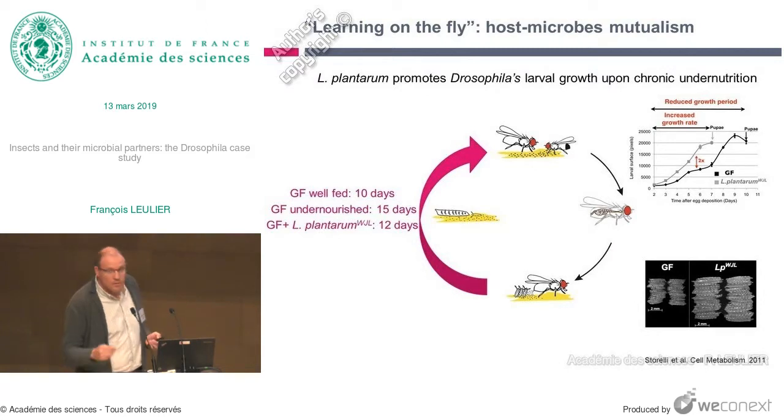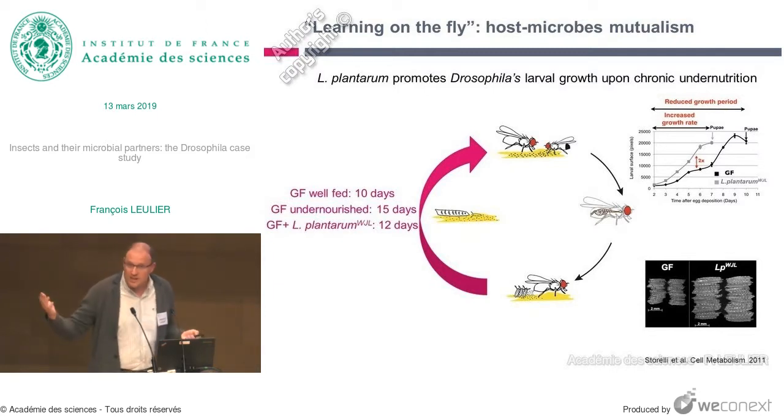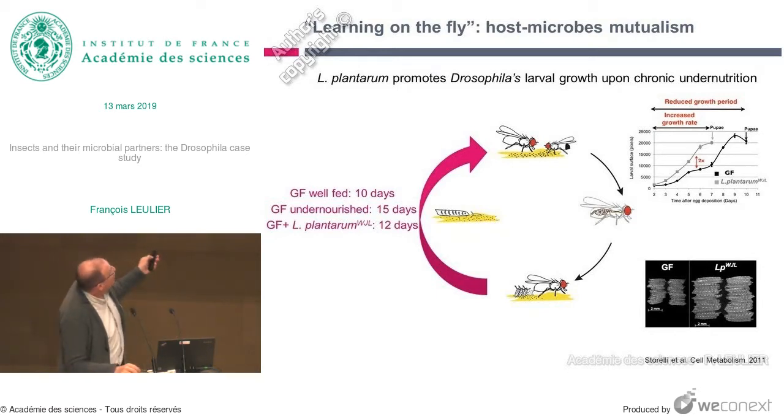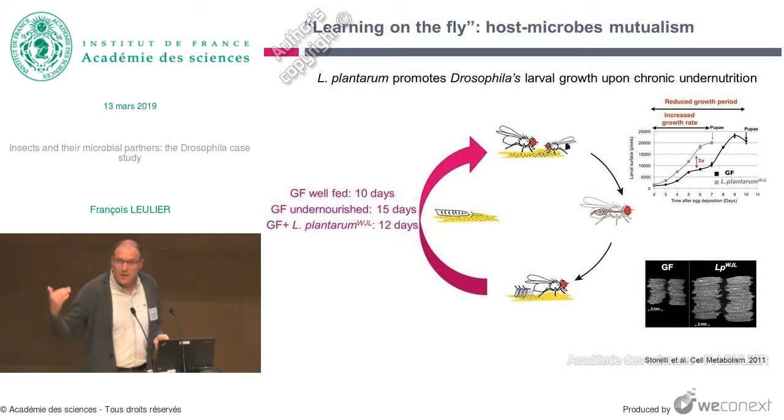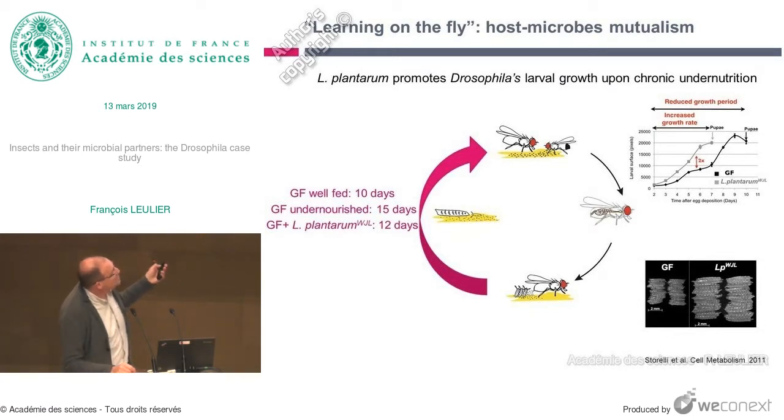In this context, we were very intrigued by what is the contribution of microbes beyond chronic undernutrition. So if you breed germ-free animals on the normal diet, you get adults in about 10 days. Very similarly to animals with microbes, there is a slight delay. But when you chronically undernourish the animals by reducing the yeast component of their fly food, you have a 5-day delay that can be compensated, at least partly, by the addition of some bacterial commensal strains, purified strains, to the media associated with the flies.